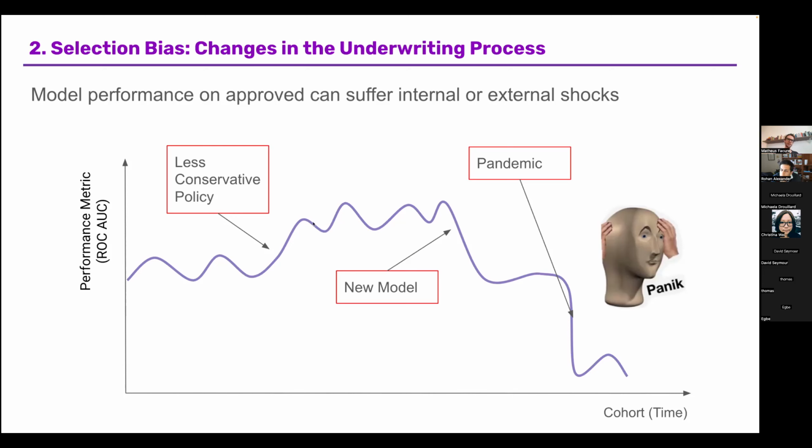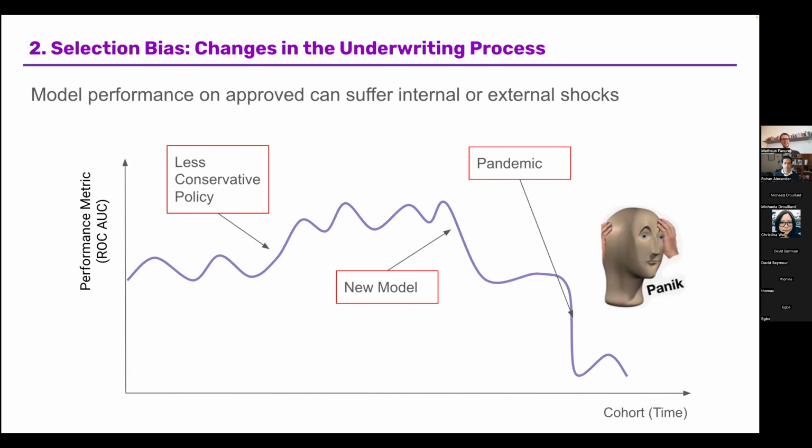So an internal policy like letting more people in might make your valuation metric go up. And something like deploying a new model in production might make your valuation metric go down. And something completely external, like a pandemic, can make your metric go down even more. So all of this makes it very hard for you to decide, okay, is this model really better than the old one? The AUC seems to be going all over the place. So how do you actually validate this model is very, very tough.